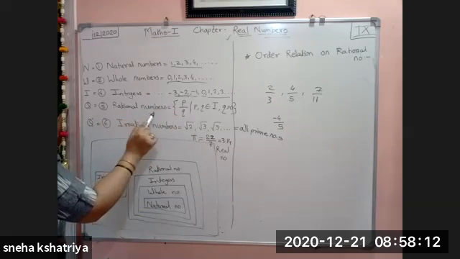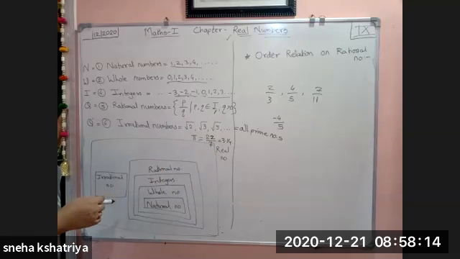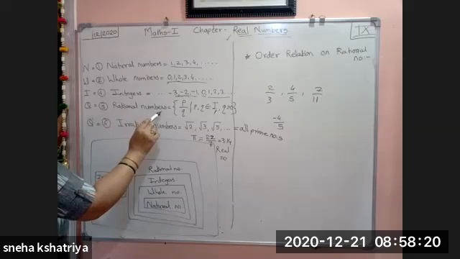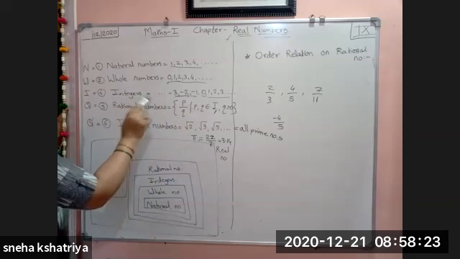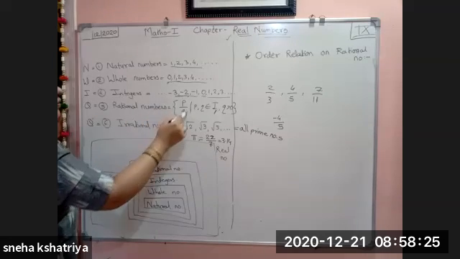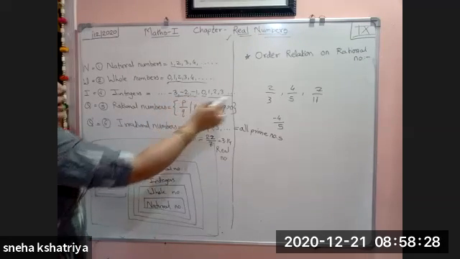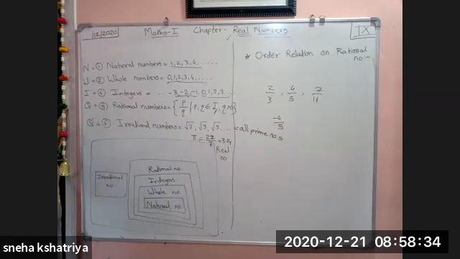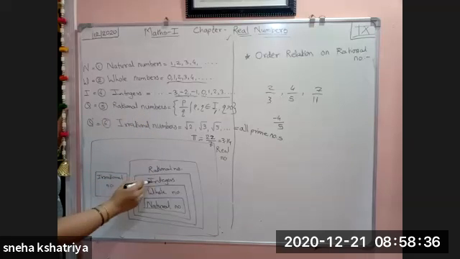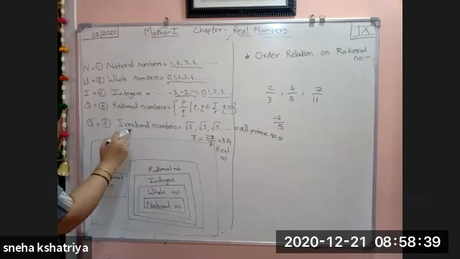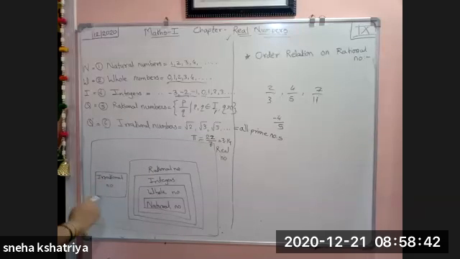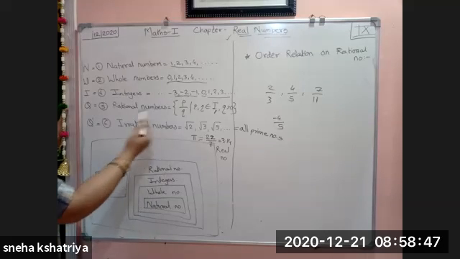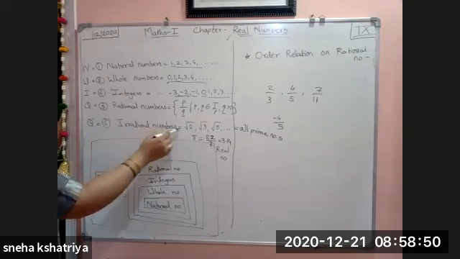All the integers lie in rational numbers. See here we write p and q, both belong to what? Integers. So all the rational numbers are completely from integers, but they are in different form. Okay, here we get a single number and here we get a fraction. 2 by 3, 4 by 5, 7 by 11. Like that we get the fractions. That's why rational numbers are different. So its set becomes different. Irrational number is different. Here I have made another. There is no merge between these two numbers. There is nothing common between these two numbers. So this is a different set.